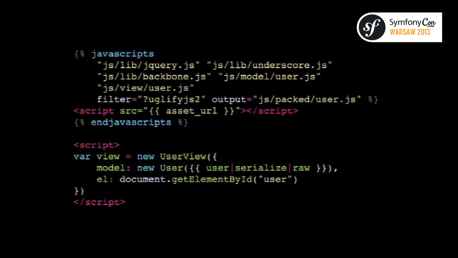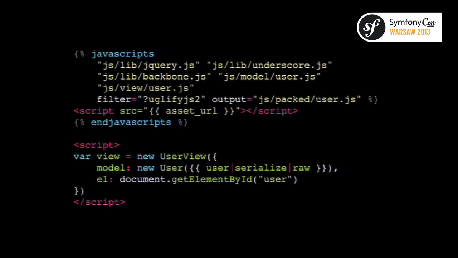But this is an example of what is not contextual configuration. In our template, we create the user view, we pass in the user data, and we grab that element. And then up at the top, we have all of these libraries that we're pulling in, and we don't really know why. So going back to that model from before, if we changed our model so it doesn't use Backbone anymore, it uses something else, maybe something that implements the same API, but it's not Backbone. Up here, we're including Backbone,